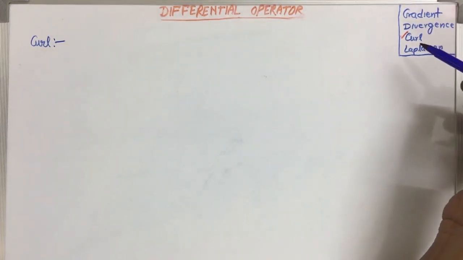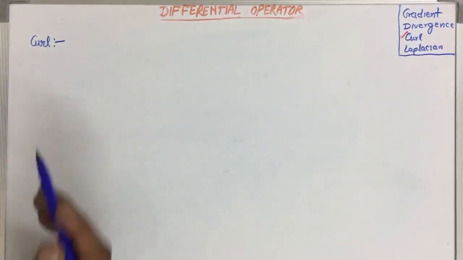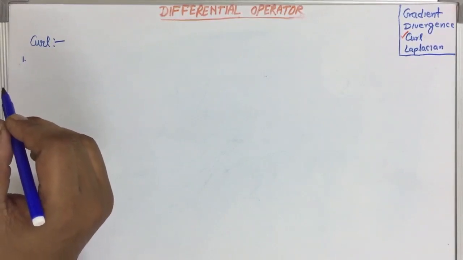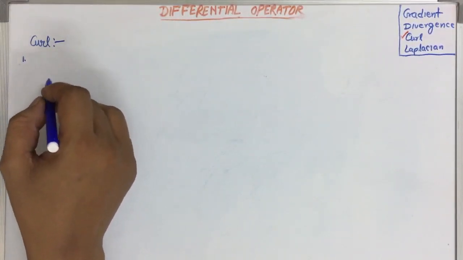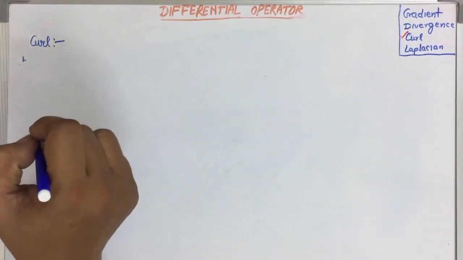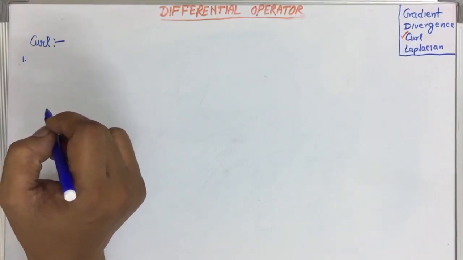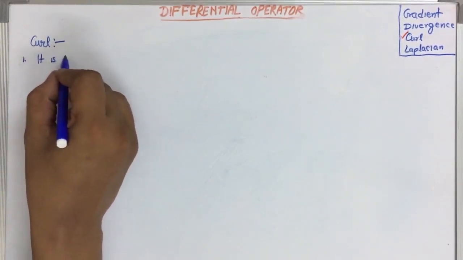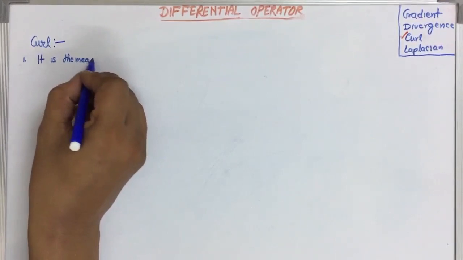Now the third differential operator is curl. Regarding curl, one point we can write: it measures how much any field curls or rotates about any point. Just note down this point, then we will try to understand exactly what it means. It is the measure of